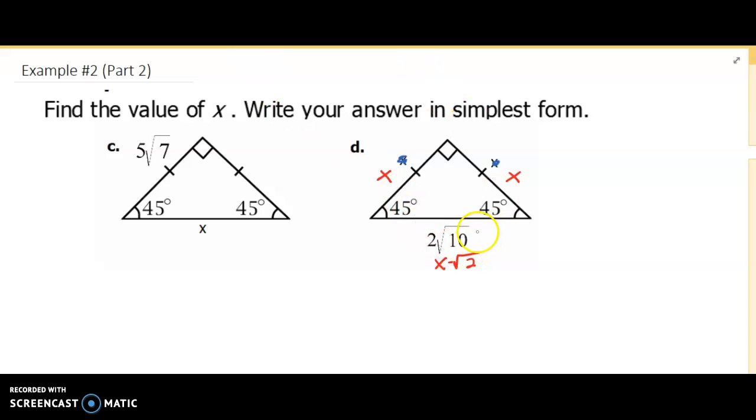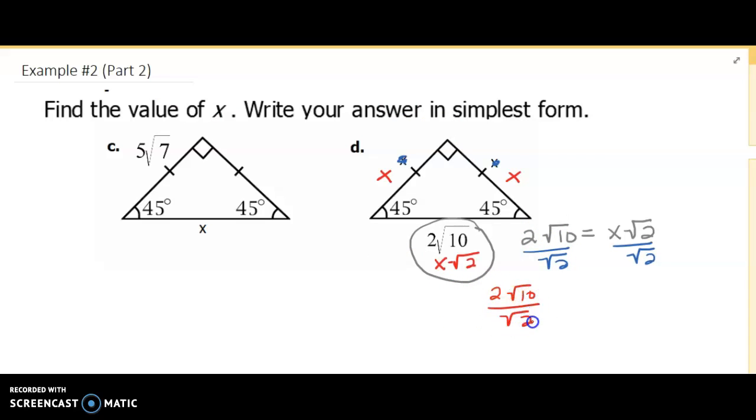Okay, so the one side I have is the hypotenuse, which is 2 square root of 10. So I know that 2 square root of 10 has to equal x square root of 2. Okay, now I solve for x, divide by square root of 2, divide by square root of 2. I get 2 square root of 10 over square root of 2